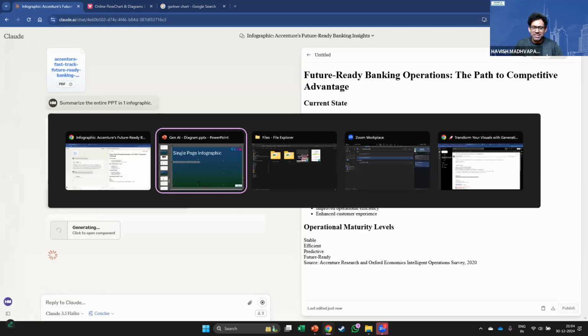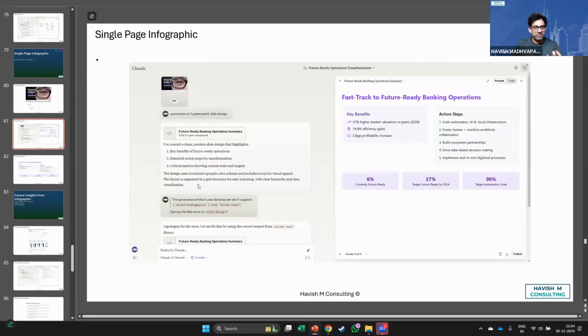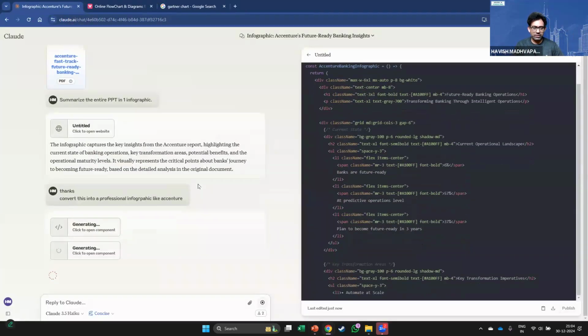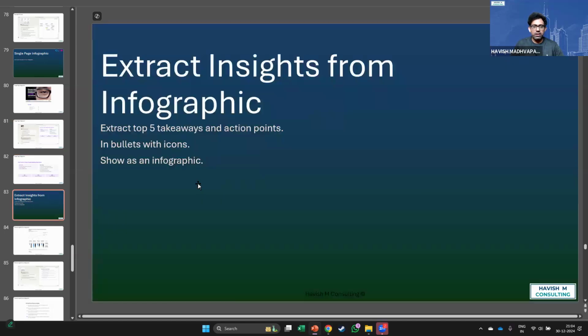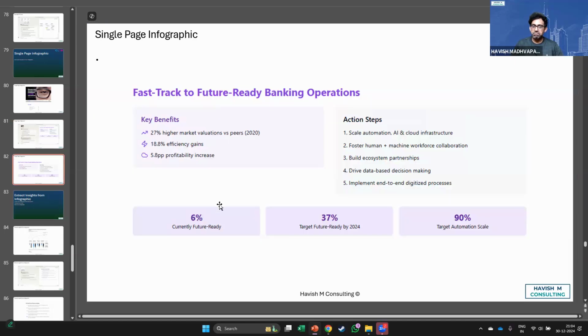Anyway, while this is happening, this is what I had done. As you can see, it took the PDF and it made quite a good looking summary for you. In fact, the colors that it opted for were also Accenture colors, which was even better, right? Okay, look at this. Pretty good, right?